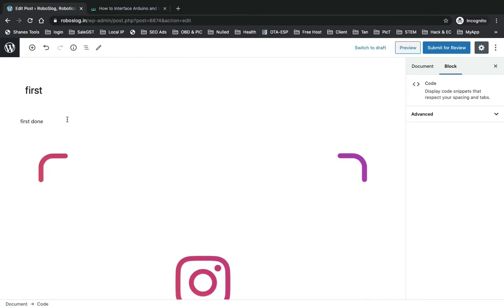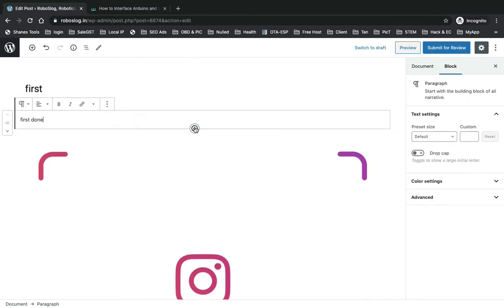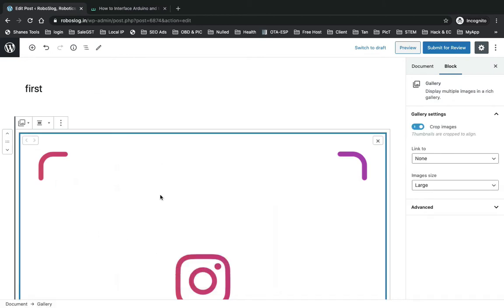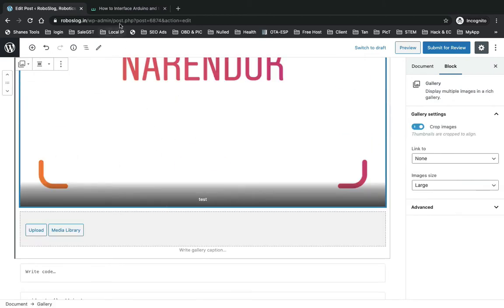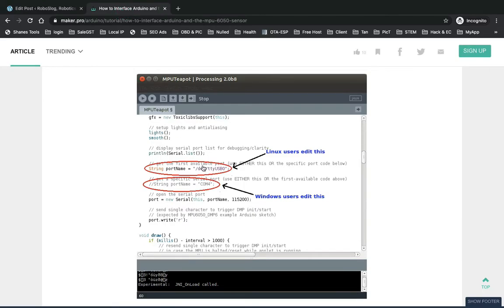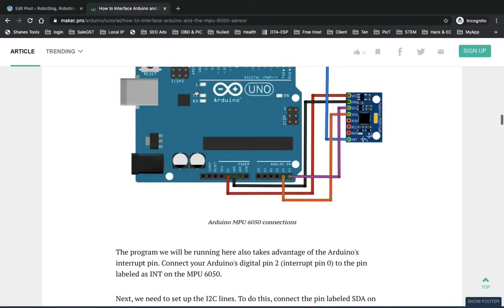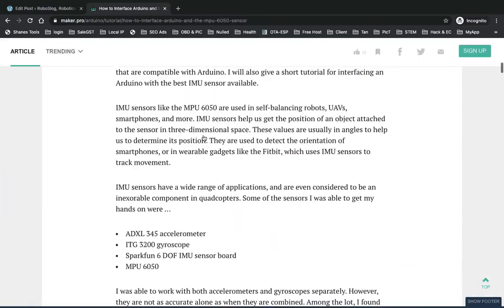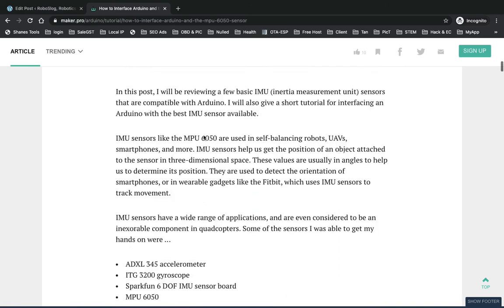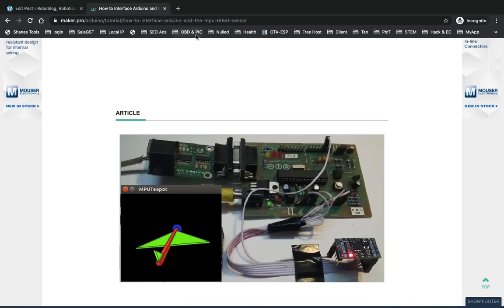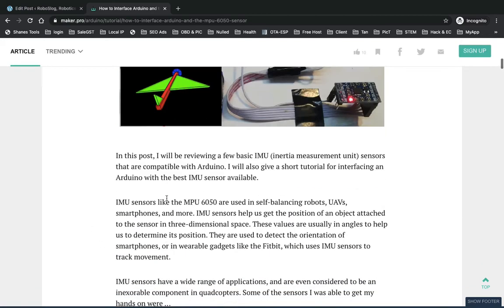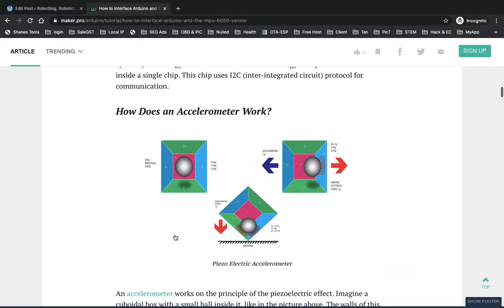is the page breaks, which you can search for here. The main benefit of page breaks is best seen with an example. In this example, we are seeing an MPU 6050 Arduino based project. In this project there are two parts: one is the Arduino based part, and the second is the MPU processing part, where we are able to see the MPU 6050 movement in real time.